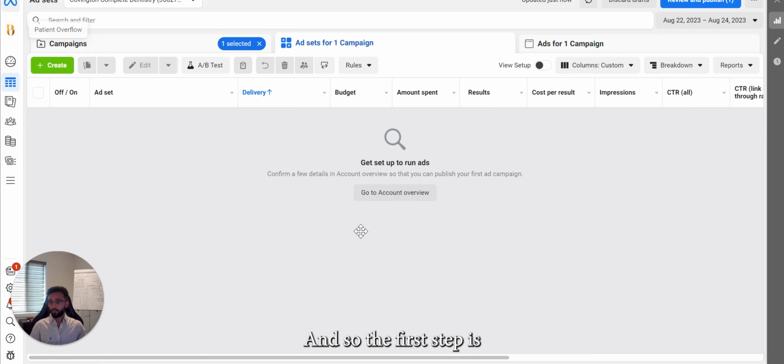And so the first step is you need to have an ad account. And if you don't have one already, then you can just go to business.facebook.com and create a business manager account. And from there, you'll be able to create an ad account. But once you have that, you just want to